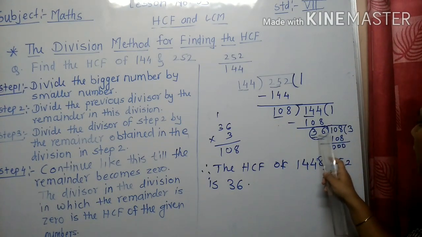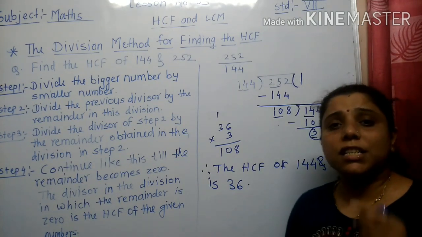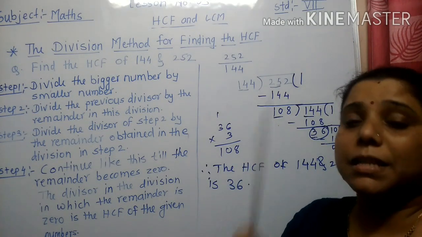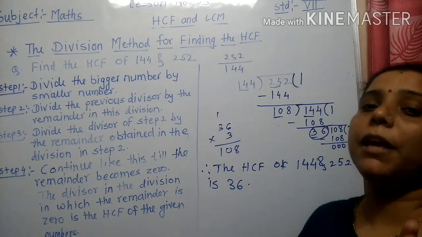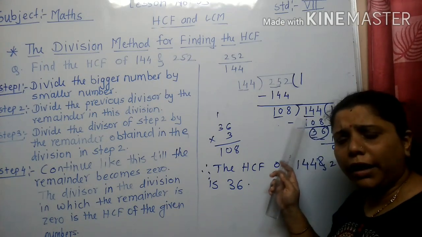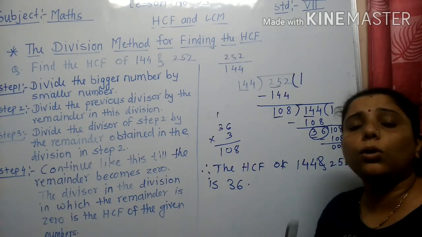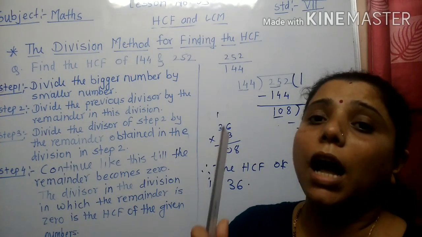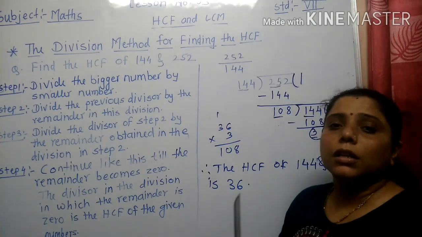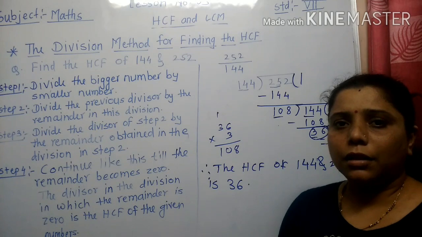So here we are dividing by 3 and you are getting the remainder 0. At whichever step you get the remainder 0, that respective divisor will be the HCF of the given numbers. Not any other number. Not the dividend, not the quotient. We will focus only on the divisor. Why? Because it is the highest common factor. You know the meaning of HCF. You understood the concept of HCF in the previous video. Okay. Copy this.